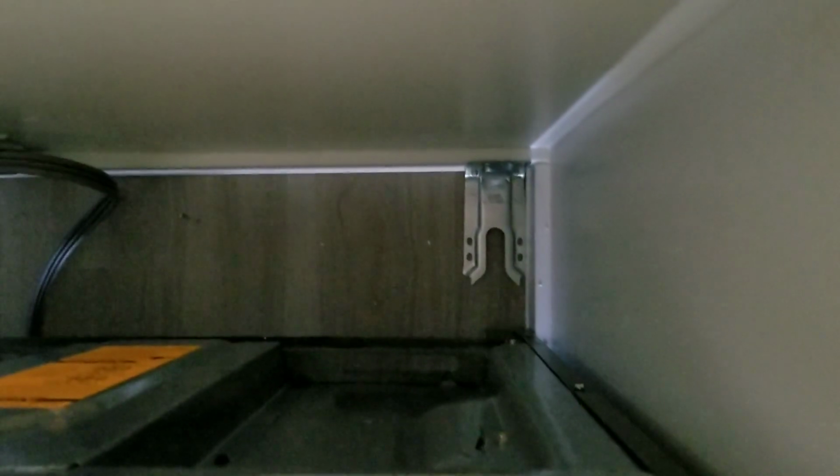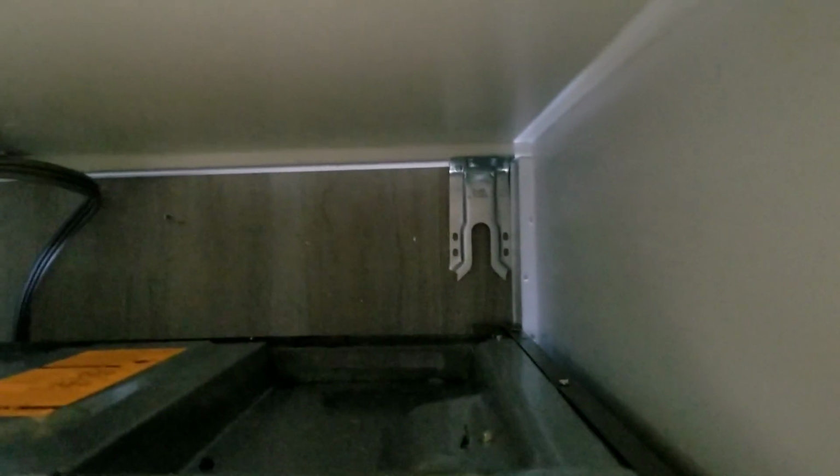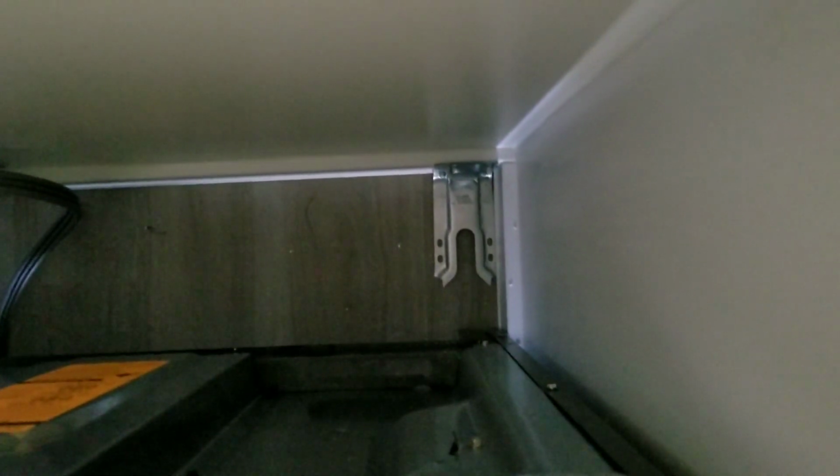So we fixed it. We found the anti-tipping bracket. It was in the bottom of the appliance in a plastic bag, and there it is. It's installed. We screwed it into the baseboard, and it's a simple metal bracket with an opening on the front there, with a slot,